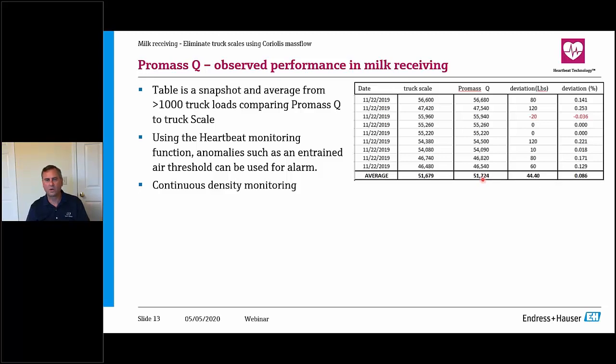out of a 25,000 kilo load or thereabouts. So the deviation was 0.086%. Now, for those of you who are sharp-eyed here, you might say,